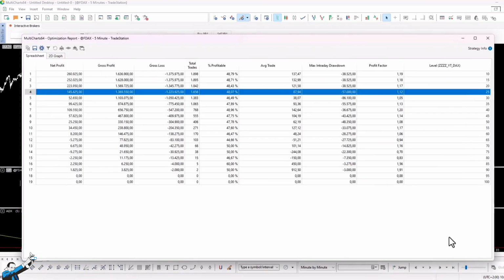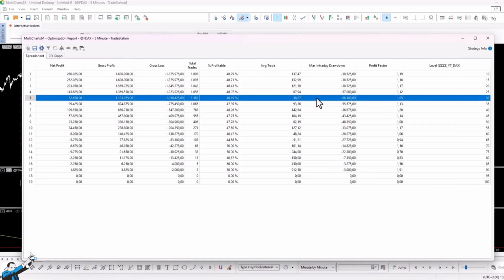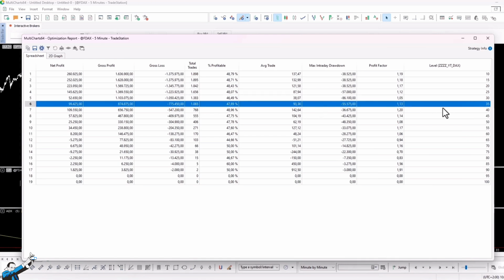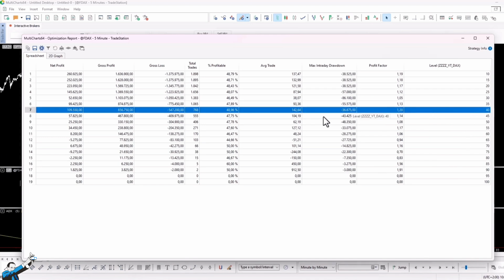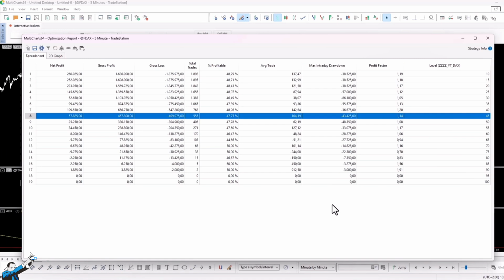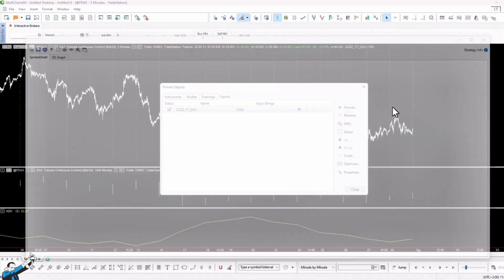As the first thing, let's look at the value of 25, as theory suggests that an ADX indicator value above 25 indicates there's a strong trend going on. And here's something very interesting, because the results show an average trade of only $87 and a drawdown of $57,000. The same bad results are produced with ADX values of 30 and 35. As for ADX values higher than 40 and 45, the results start to improve a little, but they are still unsatisfactory. So let's change our approach and modify the strategy code.